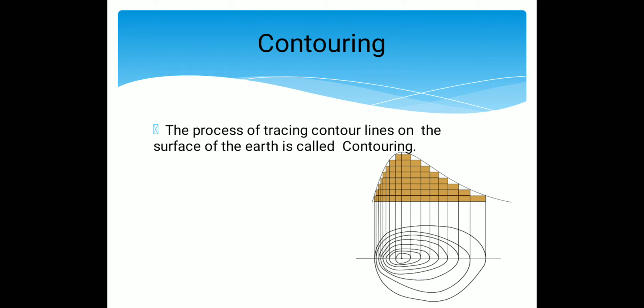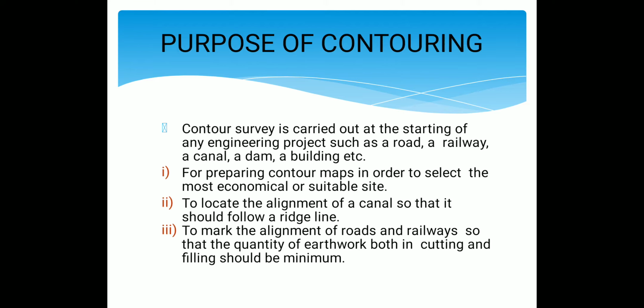This is a simple diagram showing how the elevation of points is shown as a plan map with contour lines of equal elevation. Purpose of contouring. A contour survey is carried out at the starting of any engineering project such as a road, railway line, canal, dam and building. Contour maps are prepared in order to select the most economical or suitable site, to locate the alignment of canals so that they follow a rigid line, and to mark the alignment of roads and railways so that the quantity of earthwork, both in cutting and filling, is minimum,